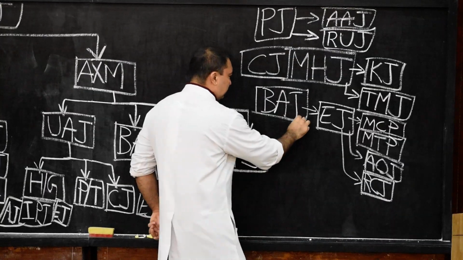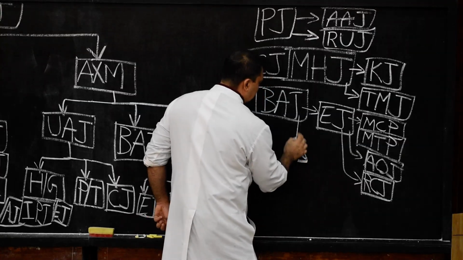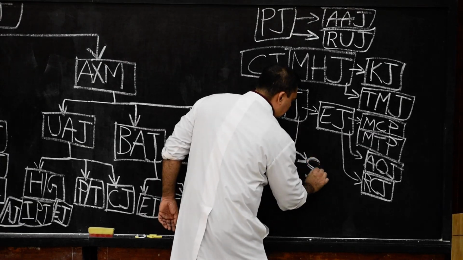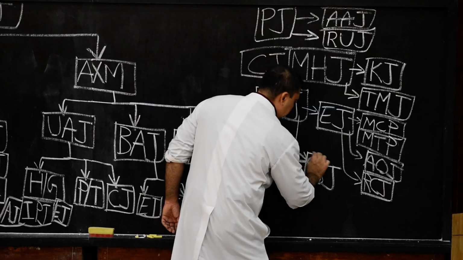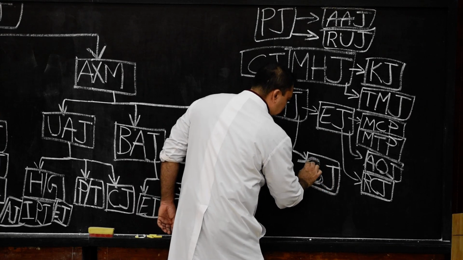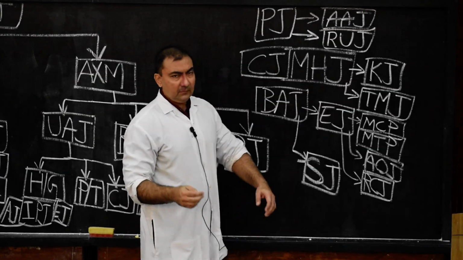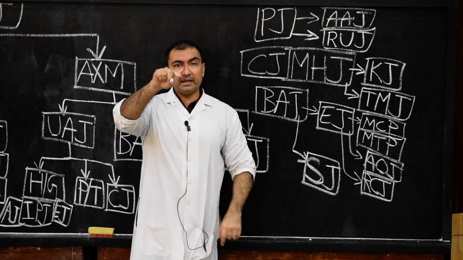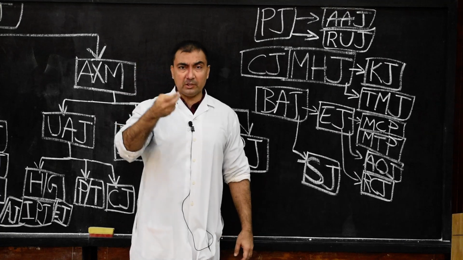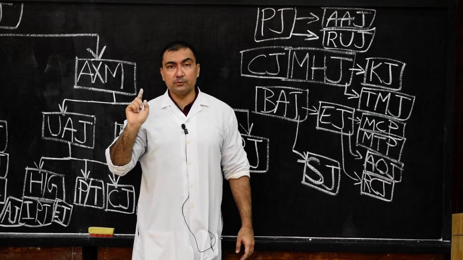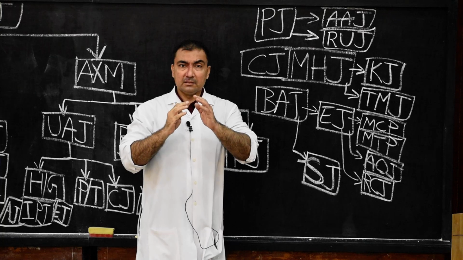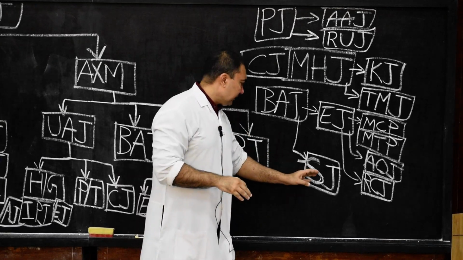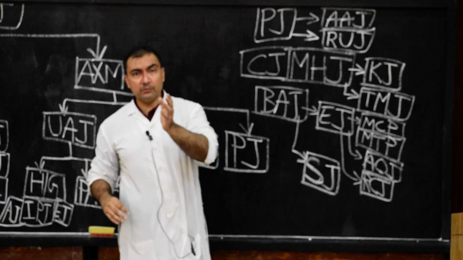Then we come across to the second category of biaxial joints, the saddle variety, the saddle joints. What are their articulating surfaces? The articulating surfaces of saddle joints will be reciprocally concavo-convex. One side it is concavo-convex, the other side it is convexo-concave. This is how you have to write it down. That is, the articulating surfaces of saddle joints are reciprocally concavo-convex. Simple.